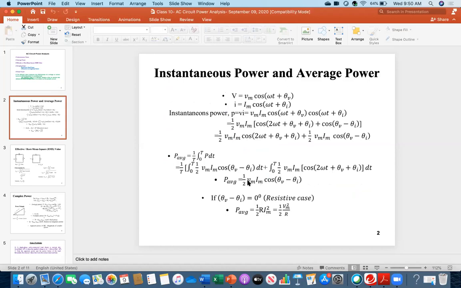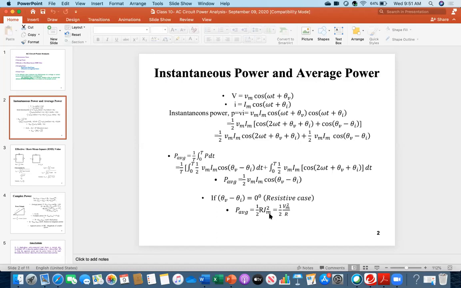So if I express these two terms in RMS quantity or effective quantity, what will be the result? This means that I want to replace these two terms with RMS quantities, like Vrms, Irms, effective value. So what will be here? It will be root 2 Vrms and root 2 Irms. Right? So that root 2 times root 2 will be 2, so the 2 will be cancelled. So you can say P equal to Vrms Irms cosine of (theta V minus theta I).